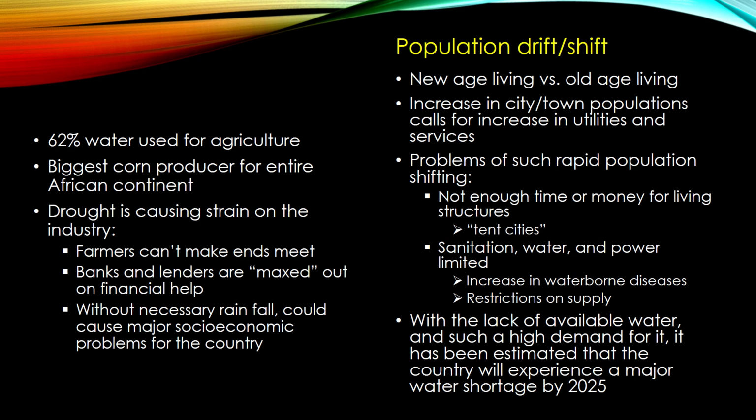However, this rapid shift does have its downfalls. The first problem is that half of the urban population now lives in informal settlements that are basically tent cities. These tent cities have a major increase in waterborne disease due to no or little wastewater management. According to the South Africa Human Rights Commission, 23 municipalities out of all the municipalities in South Africa, about 9%, are in a crisis state with an acute risk of a disease outbreak. 38% of them have the potential to deteriorate.